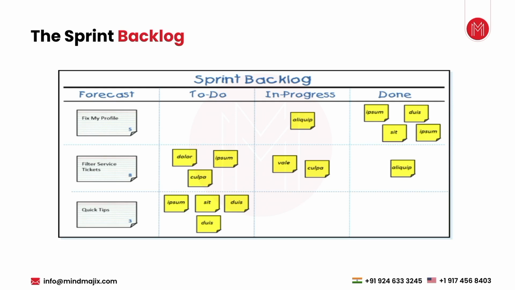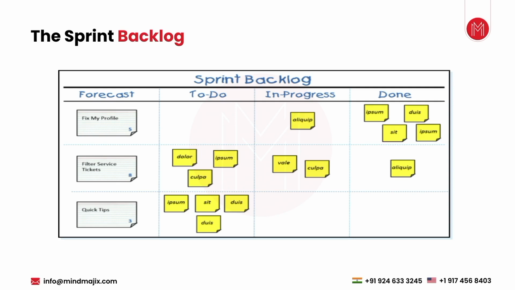That was 6. So out of 6 features, 5 of them were completed. Okay. How many pending? 1. So one feature which was pending during the sprint will be considered as a sprint backlog. That means if, suppose, I took 6 features, I promised that 6 features will be completed, and out of those